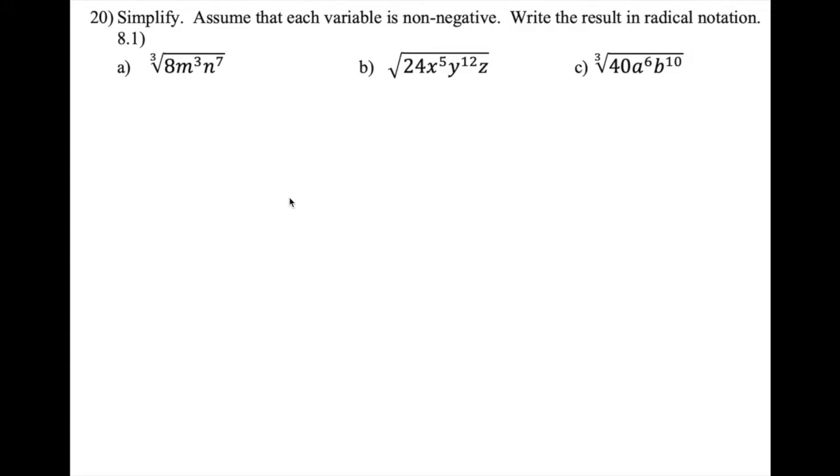Number 20. Simplify the radical expression. So the key idea is the power inside the radicand should be less than the index. So let's do them one by one. So for part A,